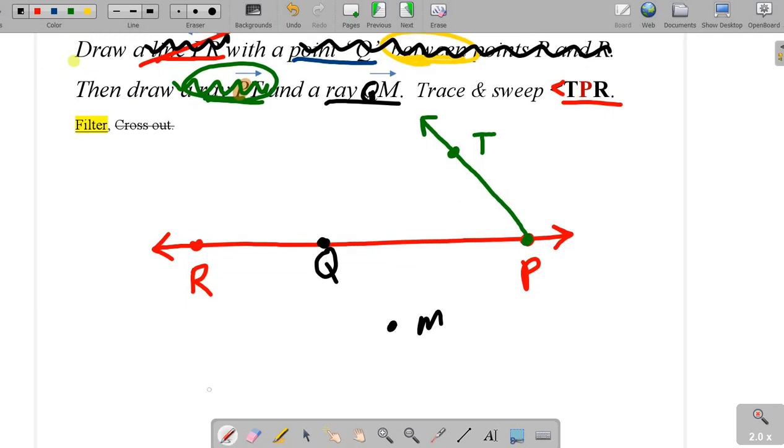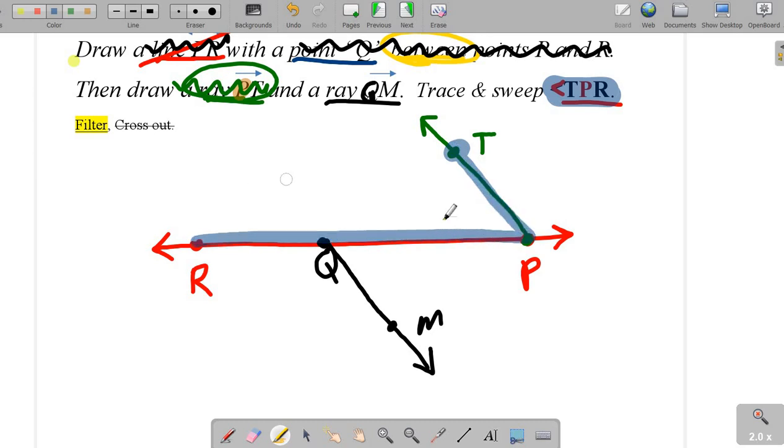Q is the end point, so my ray goes like this. Last but not least, we're going to trace and sweep angle TPR. Ready? Put your pencil on T, go to P, go to R, trace and sweep at the elbow. Cross it out. Congratulations, you just demonstrated what it means to read with 3 body parts